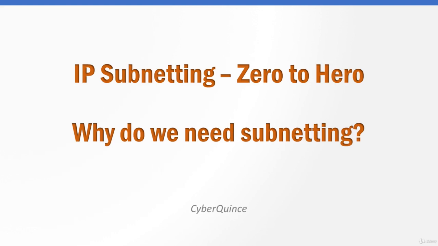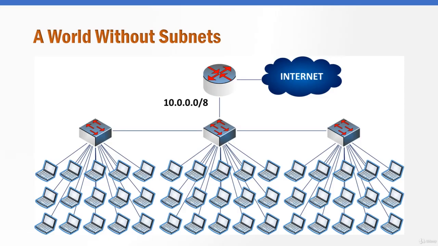Okay, now that we've covered the basics, let's talk about why do we even need subnetting? Let's look at an example. So here we have a network with a router and three switches that are all connected to each other, and then they're connected to a single interface on a router. For this example, we're going to use a class A network